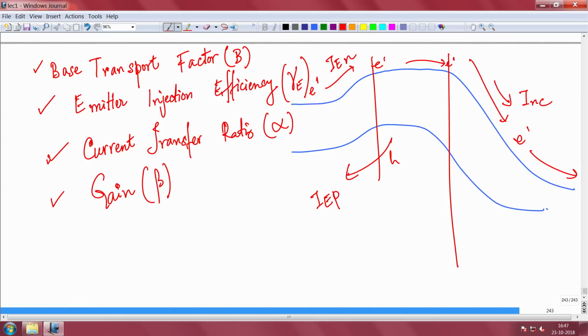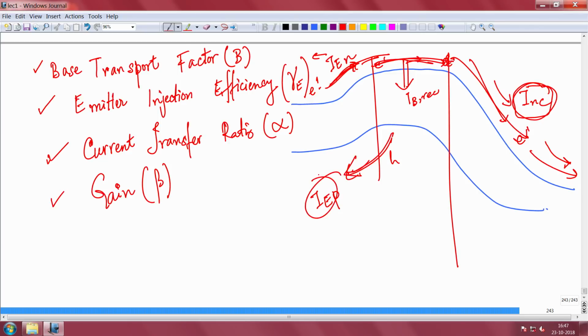These are important terms. So remember, electrons are injected from the emitter, some of them recombine, most of them reach here, and whatever has reached here will be swept away to the collector. The collector and output current is constituted by electrons from the emitter. So we call it the collector current because of the emitter electron current. This is the IEN that is injecting, the direction will be this side, electrons that are moving here and going there. There will be some base recombination current here because electrons will decay as they move. The base will also back inject holes here, which is IEP, that is useless. And of course there is a base collector reverse bias reverse current, which is very low, and I am neglecting that, okay.